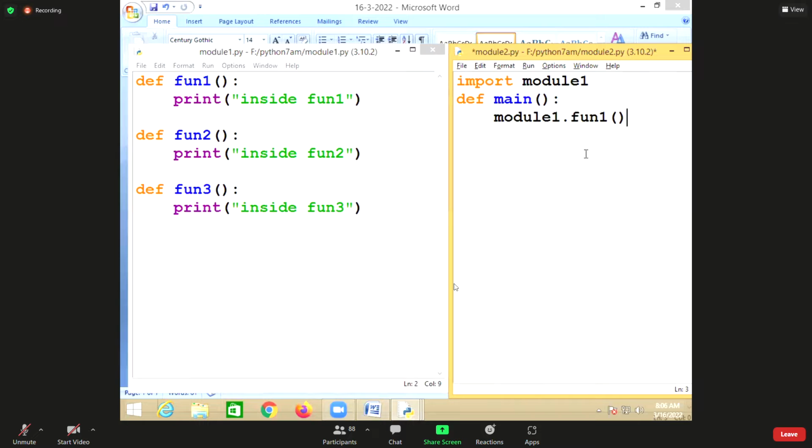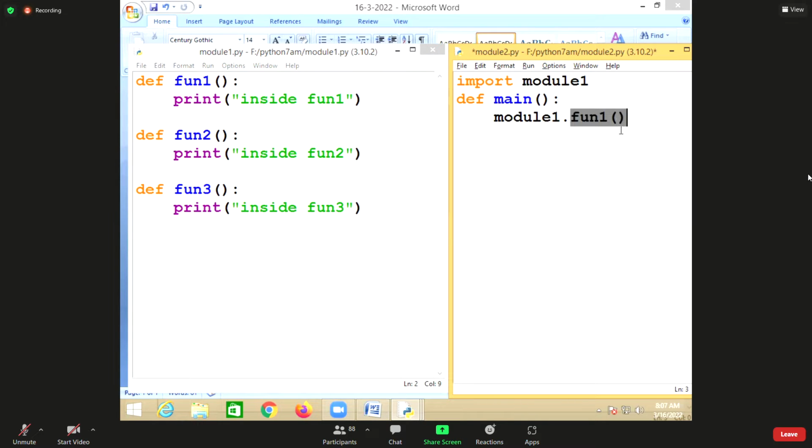So generally, what does a variable hold? A value. A variable is a named memory location, which is used to identify objects or values. In the same way, your functions are loaded in memory at runtime. But where they are loaded, there should be some namespace. So by default, it will create a namespace with the module name. There will be a namespace called module1, and inside that it will load function1